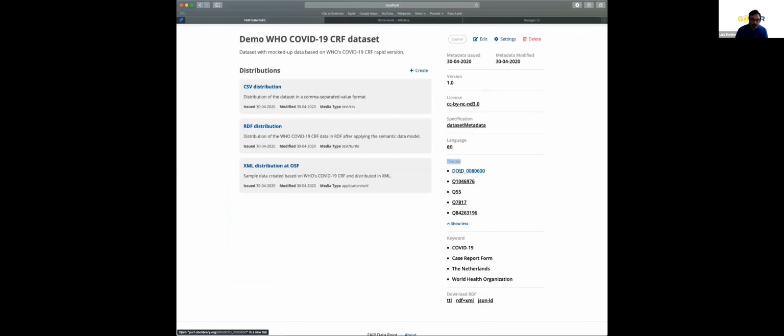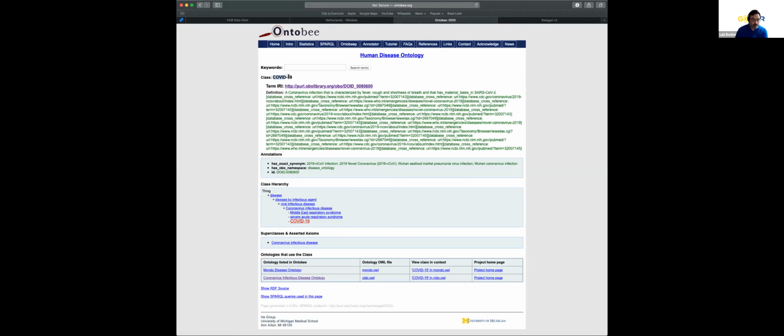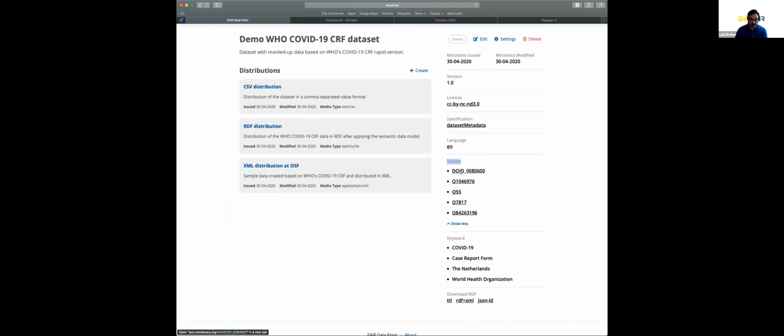And the same here, if I click on this one, I have the concept of COVID-19 as defined in the human disease ontology. So this is the way that I can add a reference, in a machine readable way, of what this data set is about. And then the data set,